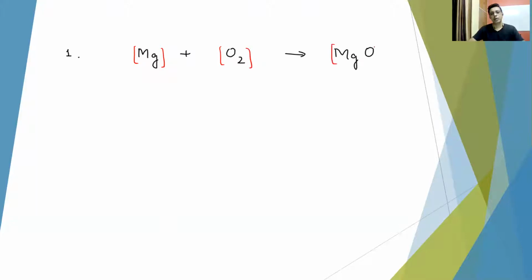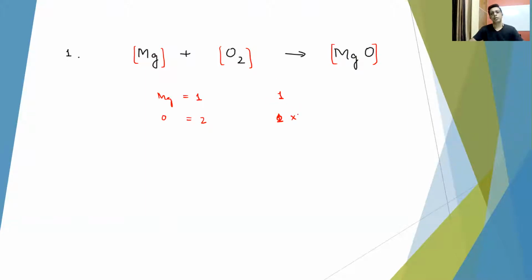So inside the bracket, we are not going to make any changes. Magnesium and oxygen are the 2 atoms. Left hand side magnesium 1 and oxygen 2. Right hand side magnesium 1 and oxygen is 1. Oxygen is also 1. So to make their number equal,